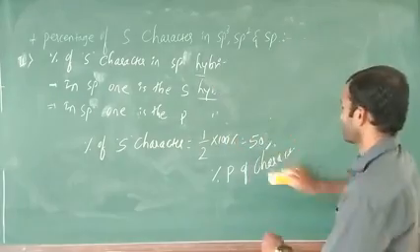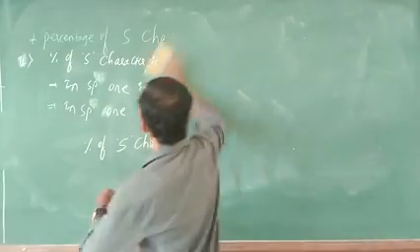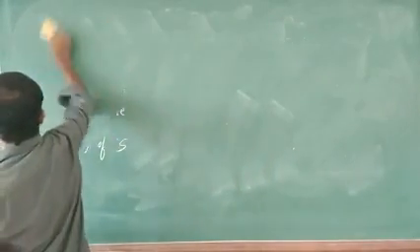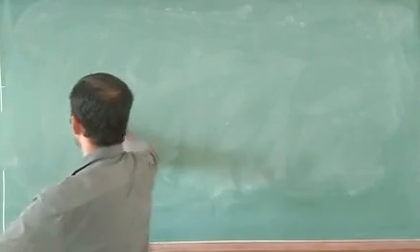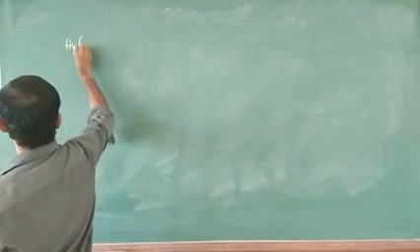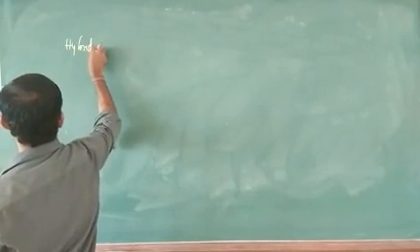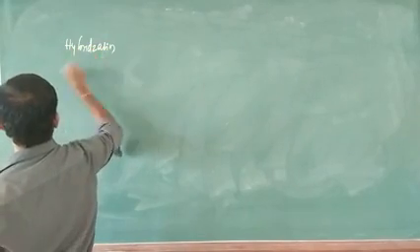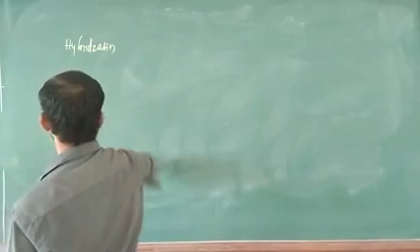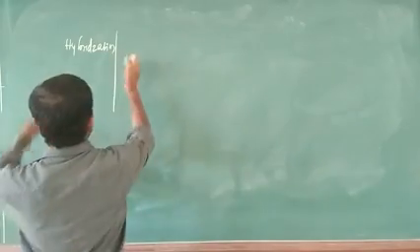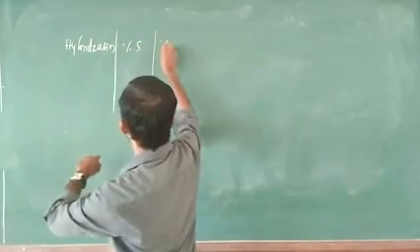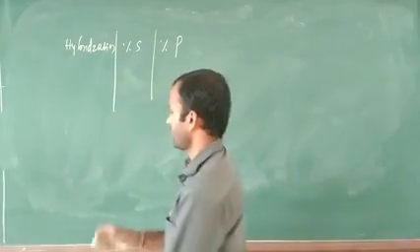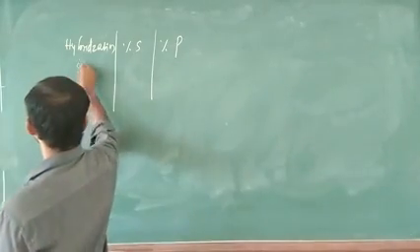I am going to remove everything. Okay, right. You have to take a tabular column. Hybridization, first point. Next one is the percentage of s character. Next one is the percentage of p character. The first hybridization is